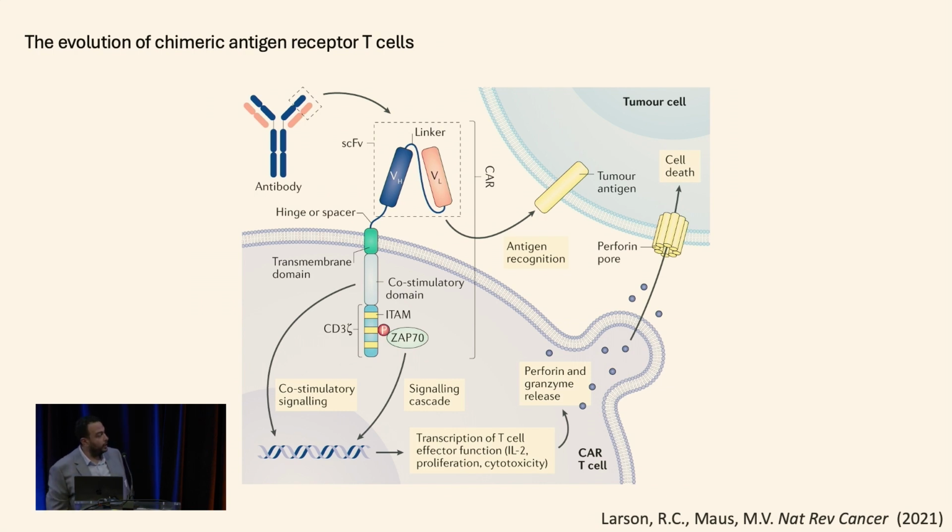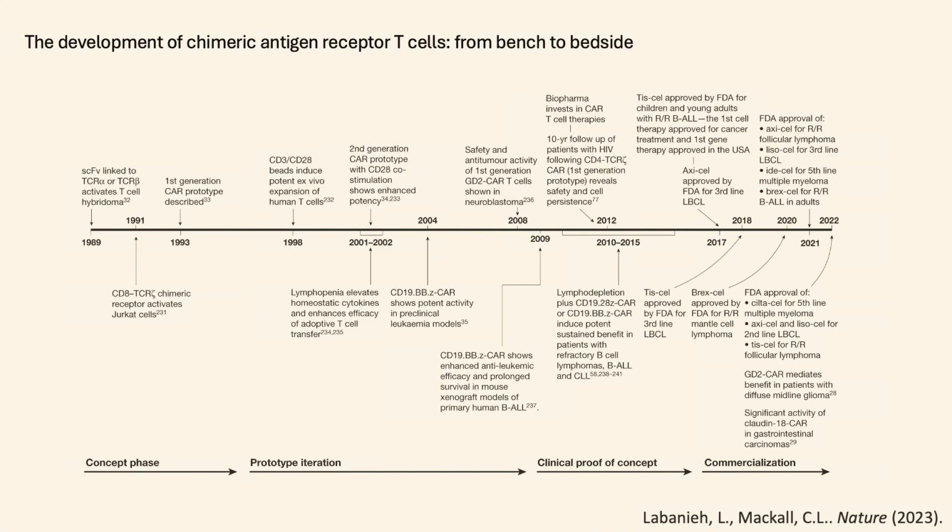And this is a very nice timeline that was published by Crystal Mackall and shows how we got here, from the attachment of the single chain variable fraction to the TCR alpha and TCR beta, to the first generation of the CARs that had only the CD3 zeta as the signaling domain, and then the development of the second generation CAR, including the 4-1BB and the CD28 co-stimulatory domain, and then the testing of these domains in the preclinical settings, moving to the clinical, moving then to the approval of 6 CAR T cells for various indications